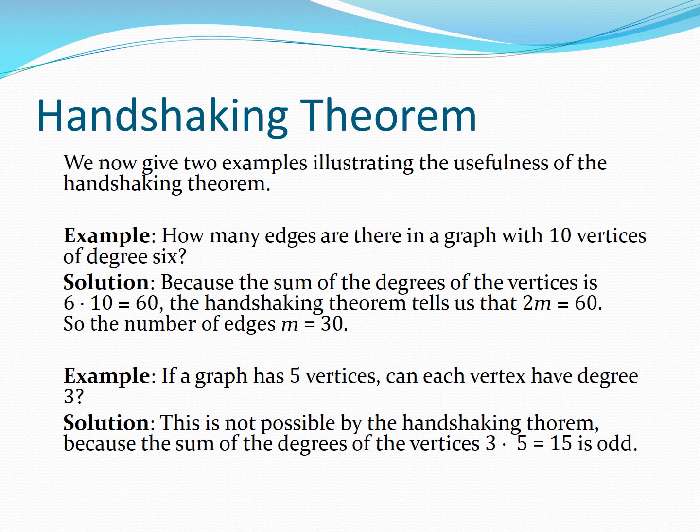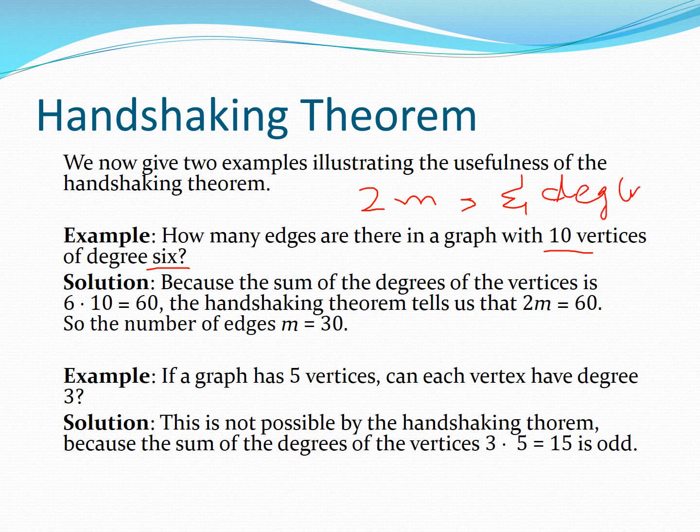So now let's take a look at how this handshaking theorem can be used in order to solve some problems. We have an example here. How many edges are there in a graph with 10 vertices of degree 6? According to the handshaking theorem, we know that 2 times the number of edges is equal to the sum of degrees,